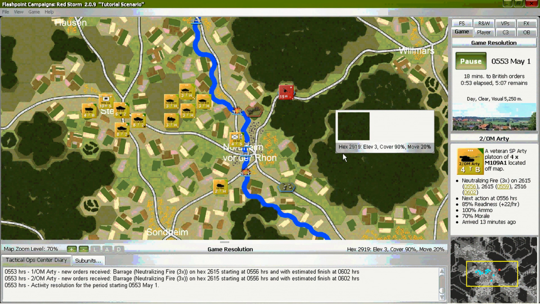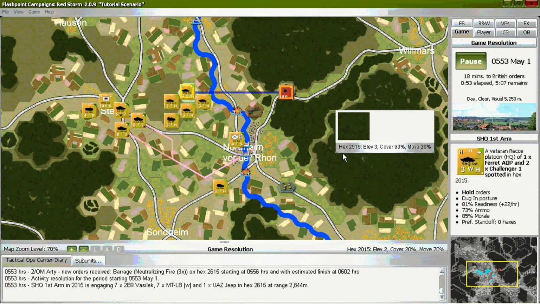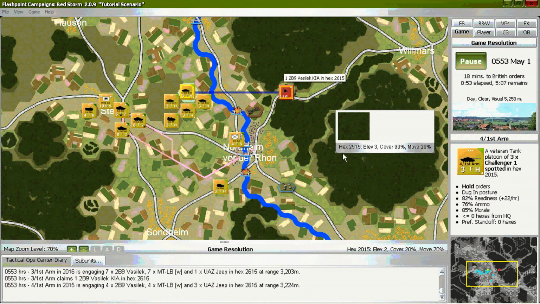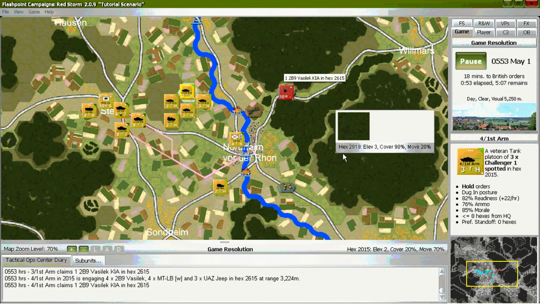Action in the 4th turn, 0553. The tank duel continues.